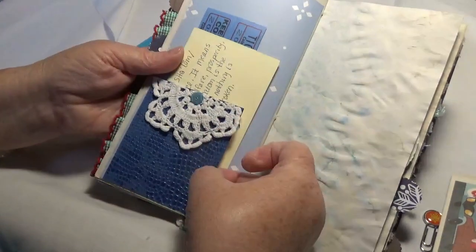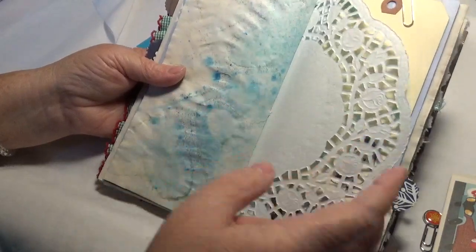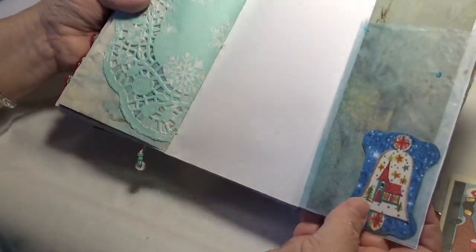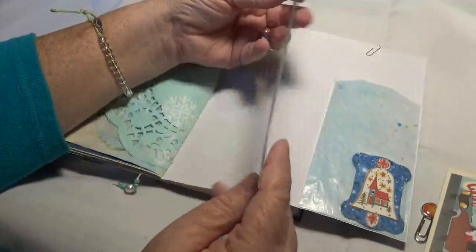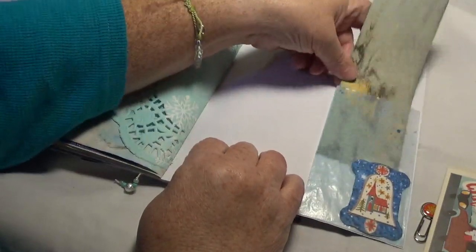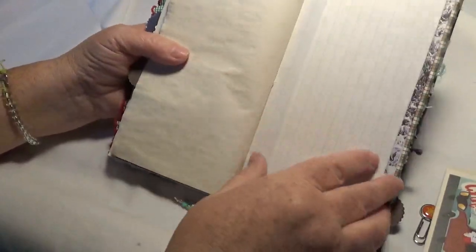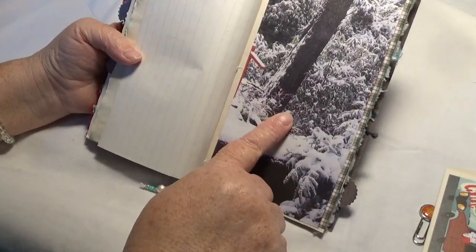A piece of really cool textured paper and a doily and sequin. The other half of that fabulous blue heart paper, and then him, and then one of the glassine bags with some more stuff cut out of those little Christmas cards, and then just a piece of that Ideals magazine page, and I backed it on the back for journaling. A little pocket, notebook paper, another piece of the Ideals page, part of the bridge that I didn't use up front,